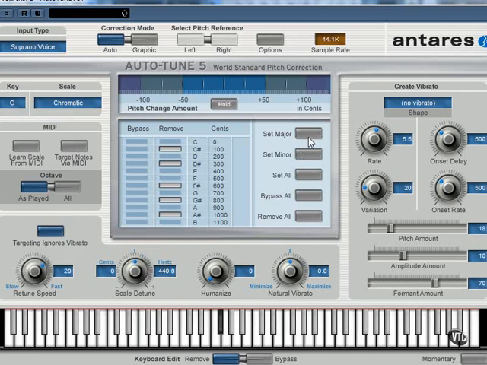You can choose to specify major or minor and then adjust particular notes, and basically you can customize this to either be active or bypassed on any individual notes you choose. So I shall leave this set to C major, and I shall use this as the basis for all tuning